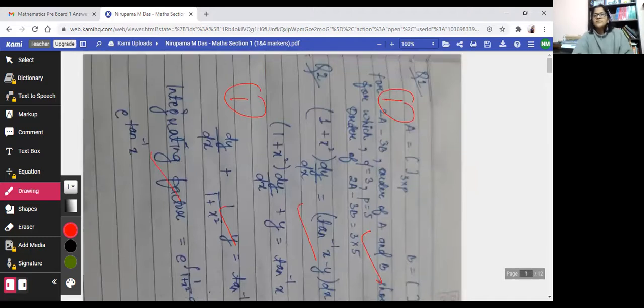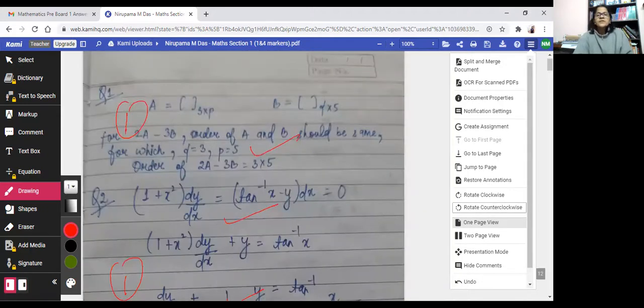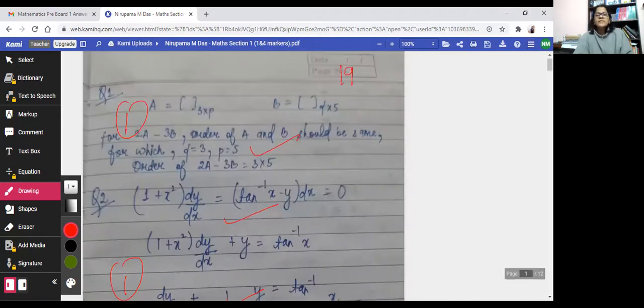Okay, so it's 19.5. See, here also we can write like this. Which page we want to jump, these options are also there. So here, jump to page. If you want to go to the first page, go to the last page. So here this is the first page, and I can make it straight. So here 19.5, done in this document.